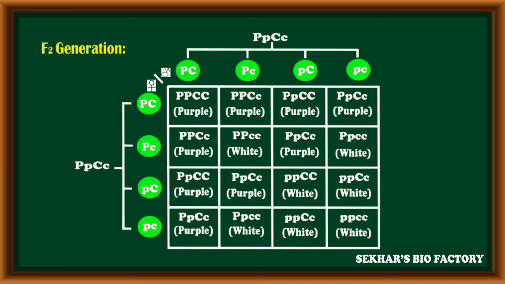The last combination, both genes are in recessive condition, so there is no chance to produce both enzymes. In such condition, the recessive trait white color flowers are produced in sweet pea plant. In this way, this complementary gene interaction can produce the purple and white color flowers with different genotypes and with different phenotypes.